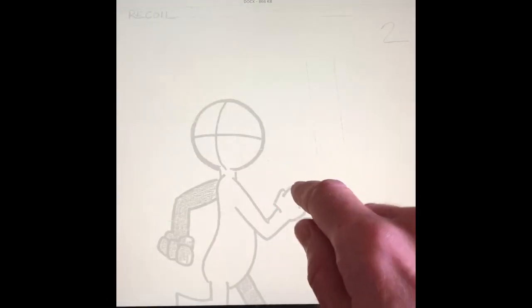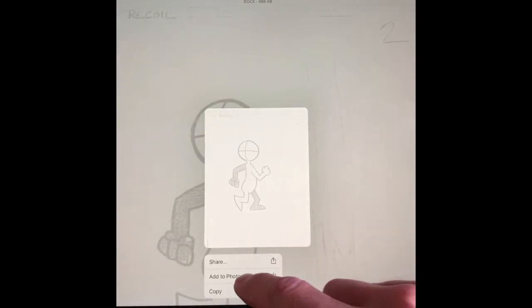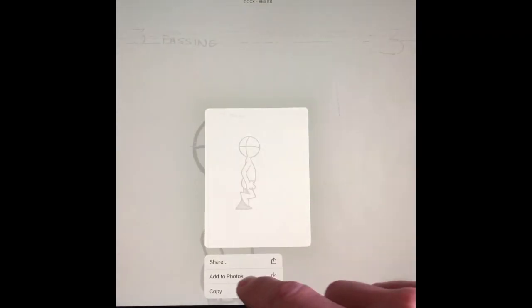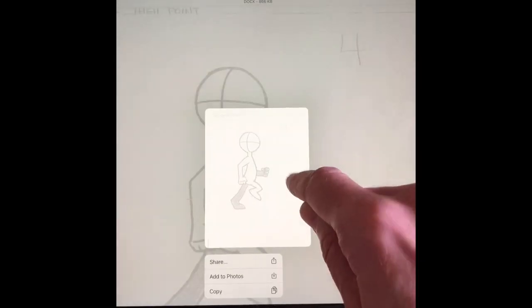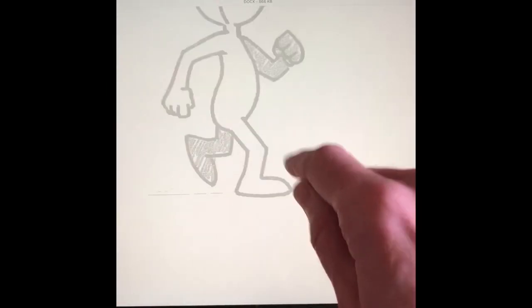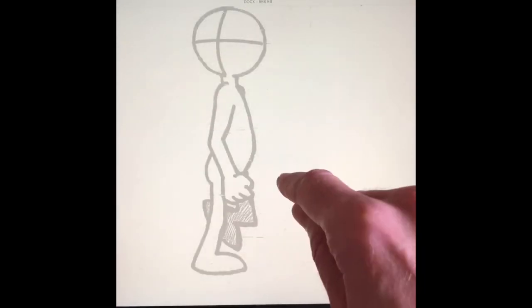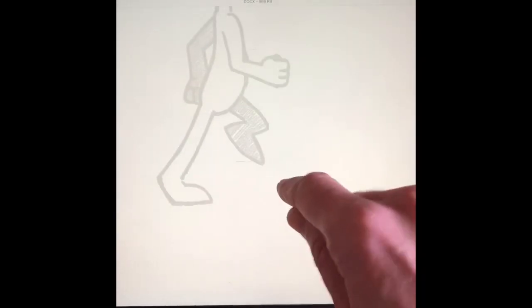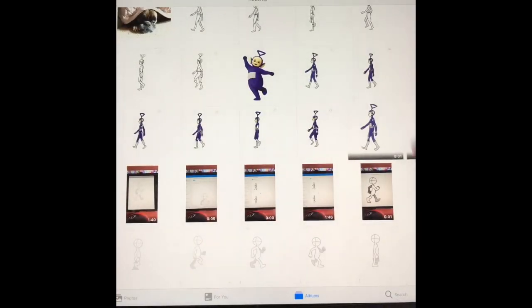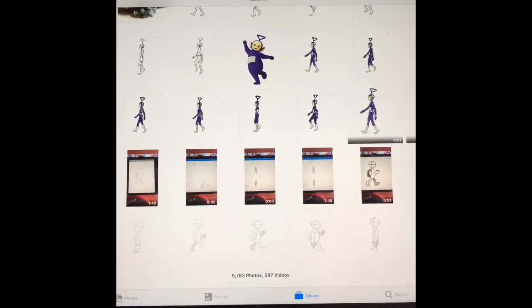1, 2, 3, 4. I know you get the idea. Why am I doing all of them? I don't know. 5, 6, 7, 8. Now, if for some reason your iPad works differently, I suppose you're going to have to figure that out yourself. But now, I have all of these pictures in my